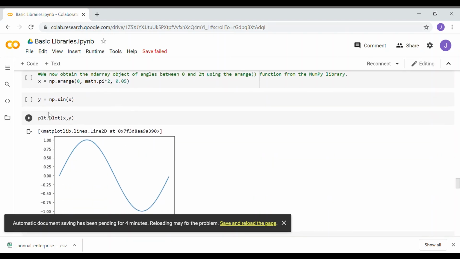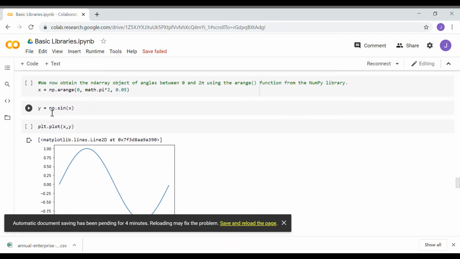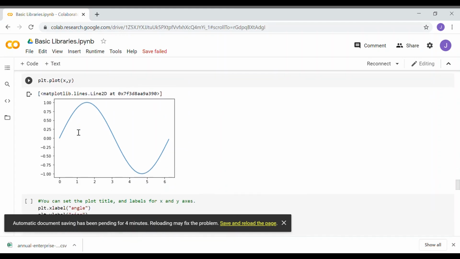Then we are creating the sine function. There are also functions np.sin and np.cos in the NumPy module. y equals np.sin(x). Then we plot x against y, so we get a sine function.